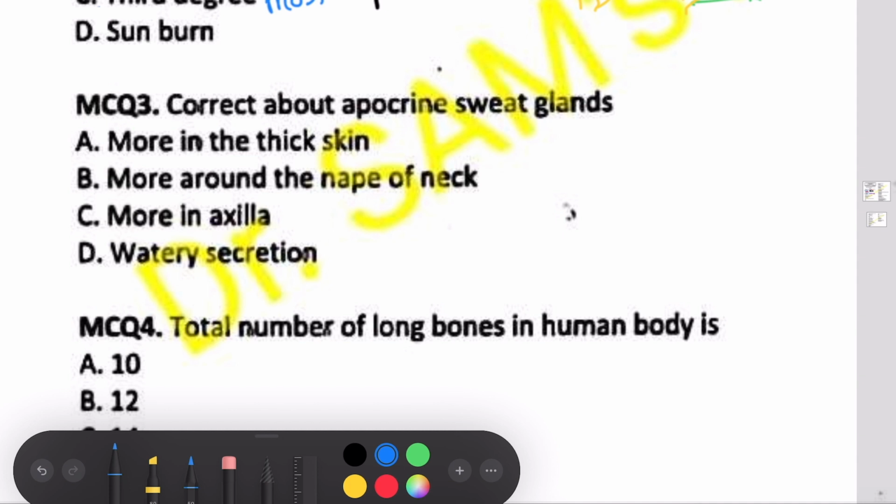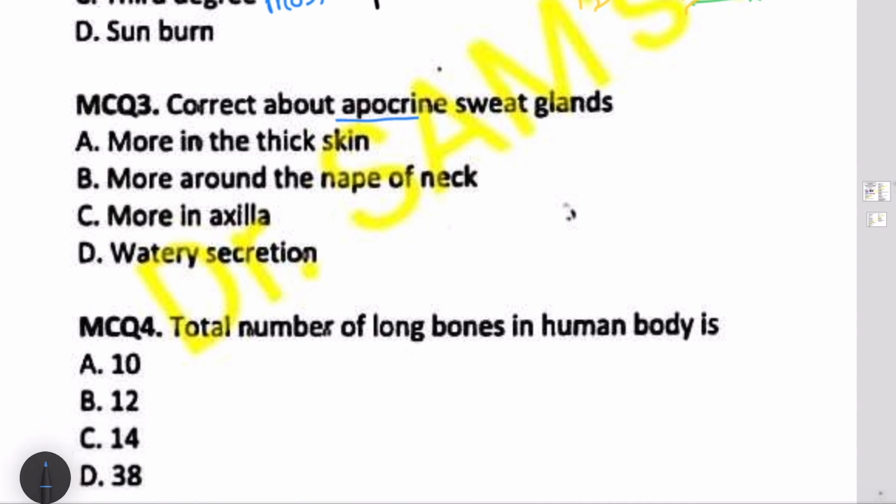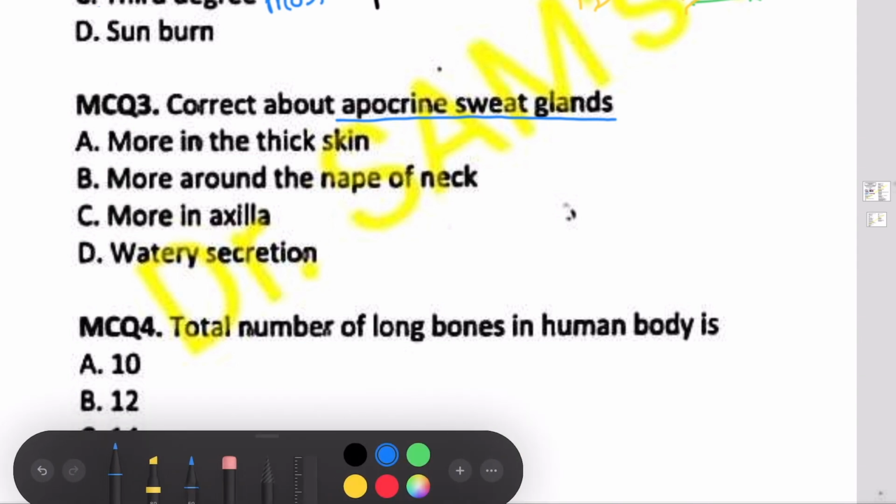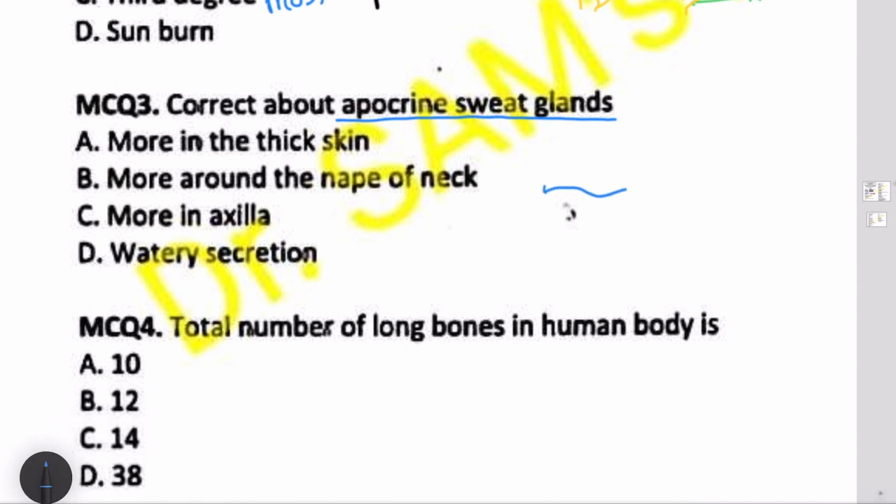You should know what apocrine sweat gland is. They are more in the thick skin, more around the nape of neck, more in the axilla, watery secretion. Again, this is about the skin question, related question, so you should know that this is the dermo-epidermal junction, and